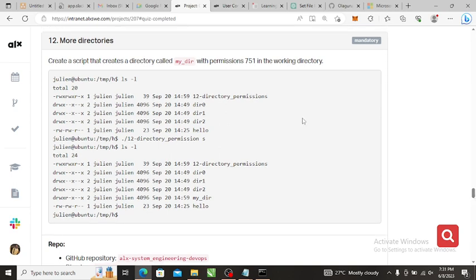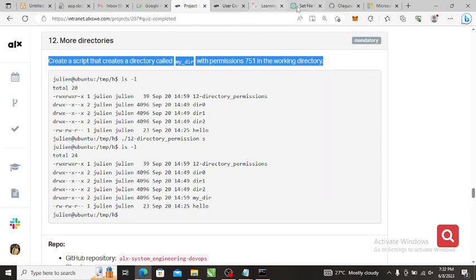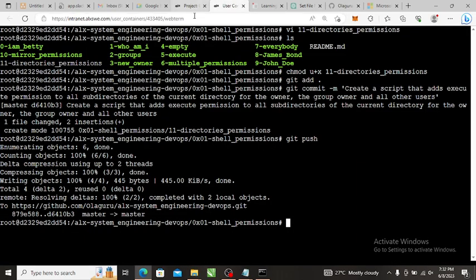So number 12, create a script that creates a directory called my directory with permission 751 in the working directory. Okay, the script that changes the directory to, okay, so a script that creates a script. Okay, let's just give this one. This one is quite simple, but we'll give it to ChatGPT and then we'll go and do it ourselves. Okay, I'm not supposed to give you the question, but let's just go there like that. It's going to load, and then let's clear this,